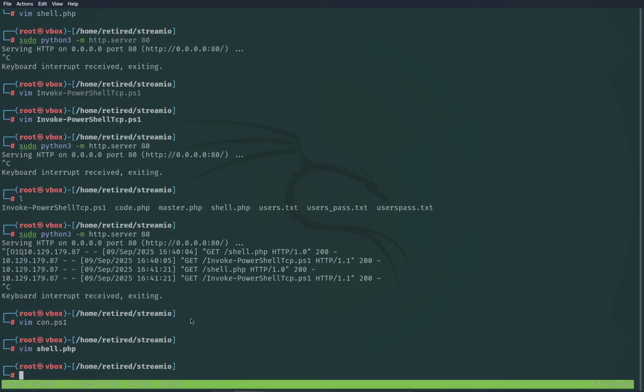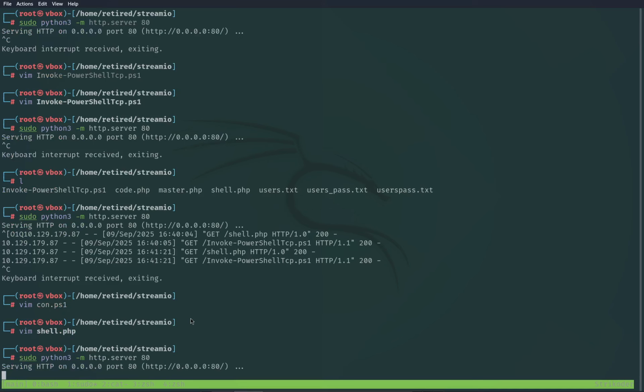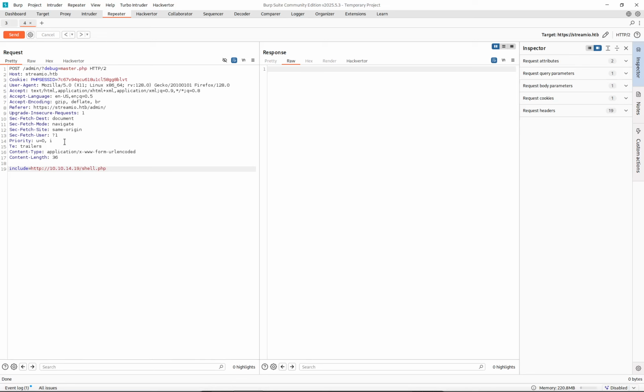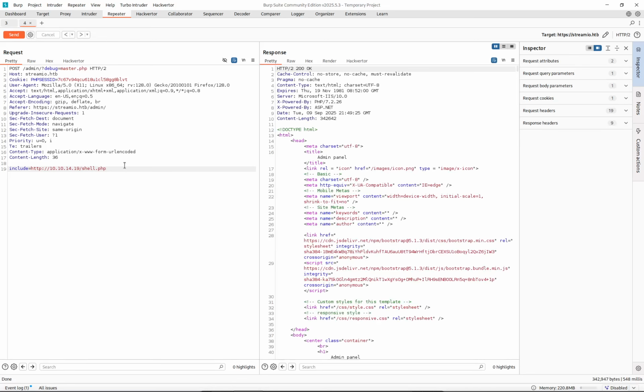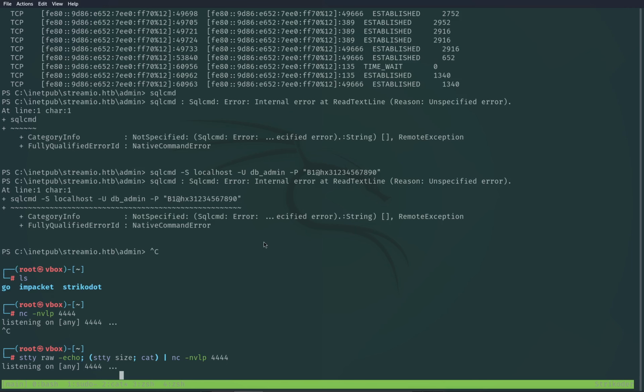So I'm gonna host this again. Here we have our netcat. I'm gonna send that, control space, and I believe now we should have our shell,